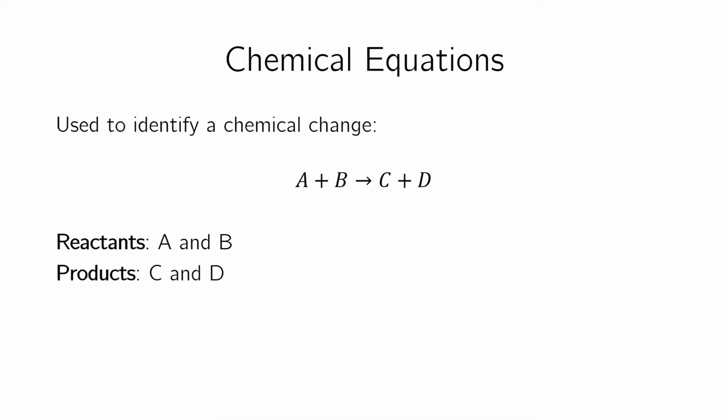Now I will just note that this does not mean that all chemical equations have two reactants and two products. It's possible to have just one reactant and one product, or maybe three reactants and maybe five products. The sky's the limit here. I'm just showing you a generalized thing. You could have A going into B, or A going into B plus C, or something like that. And you will see in subsequent chapters that